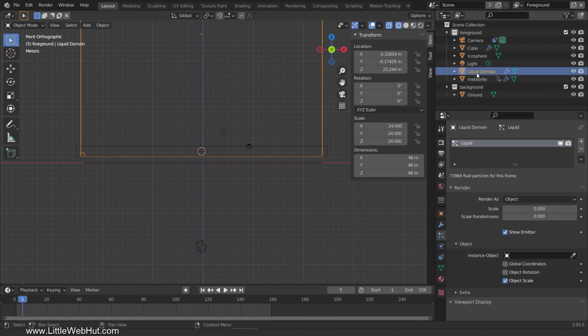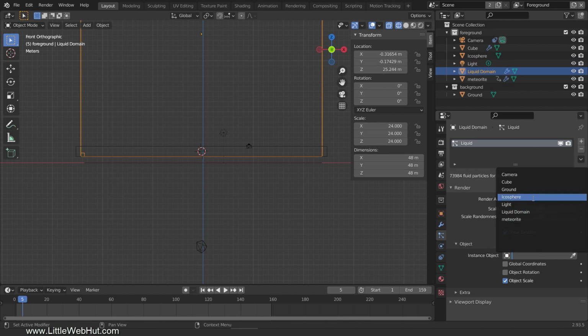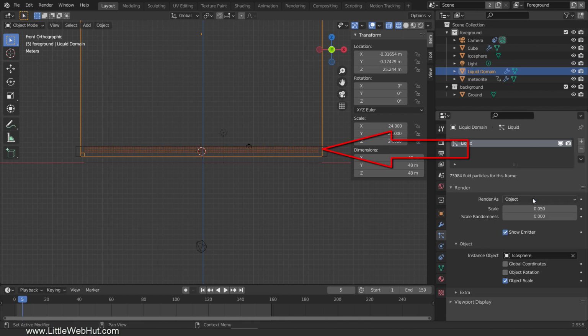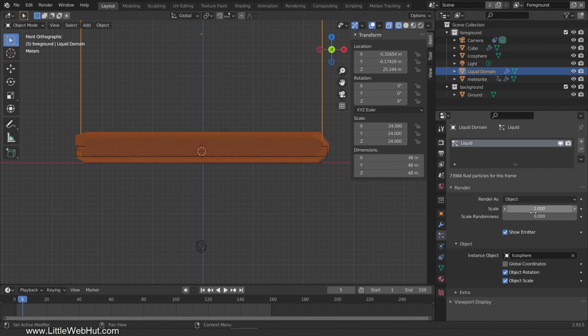Now select the liquid domain and set the instance object to the icosphere that we just added. These are the icospheres. Next, enable object rotation so that the object's rotation will be used. Then change the scale to 2. By making them so large, they'll overlap, which can give the appearance of new shapes. Also change the scale randomness to 1 so that they will be multiple sizes. We don't want the liquid domain cube itself to be visible, so disable Show Emitter here